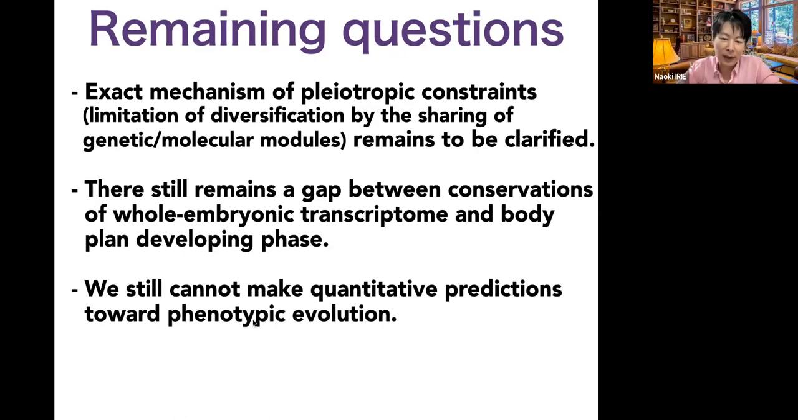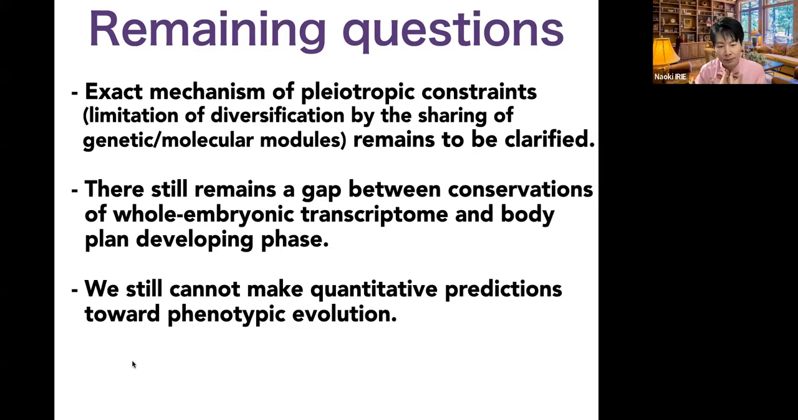And we still cannot make quantitative predictions toward phenotypic evolution because we still do not know how strong the inertial force is toward evolutionary diversification. So there are plenty of things to do, but after succeeding in analyzing how stability and robustness would end up with evolutionary conservation, we may be able to come up with a new theory to make a prediction, not only for prediction, but why